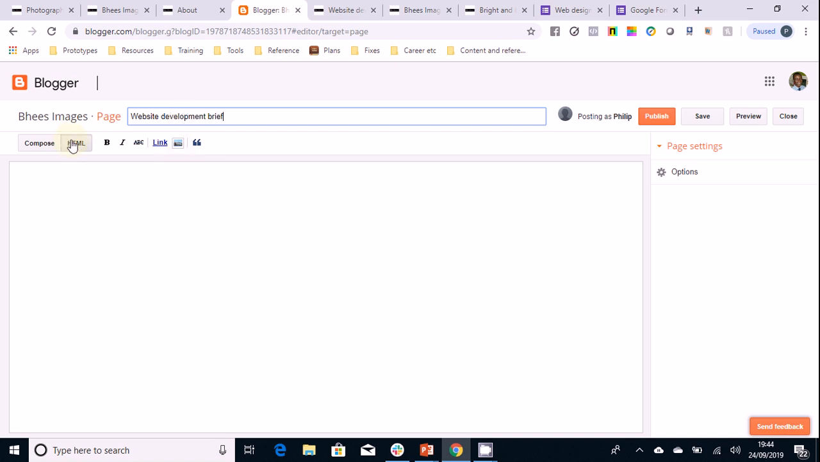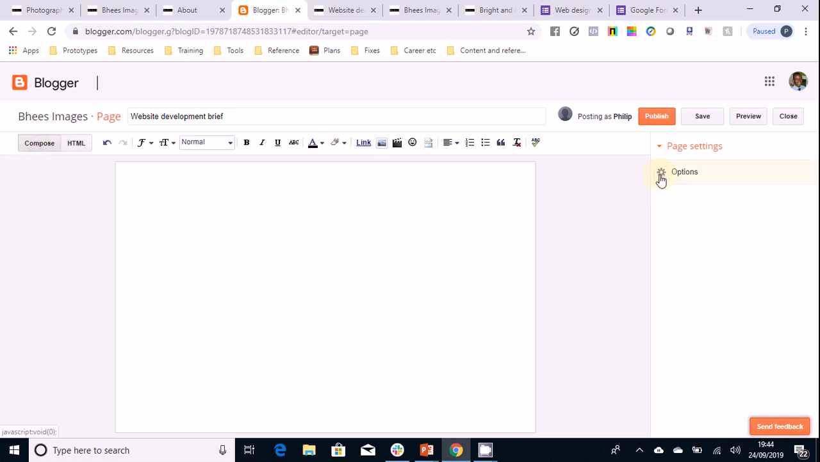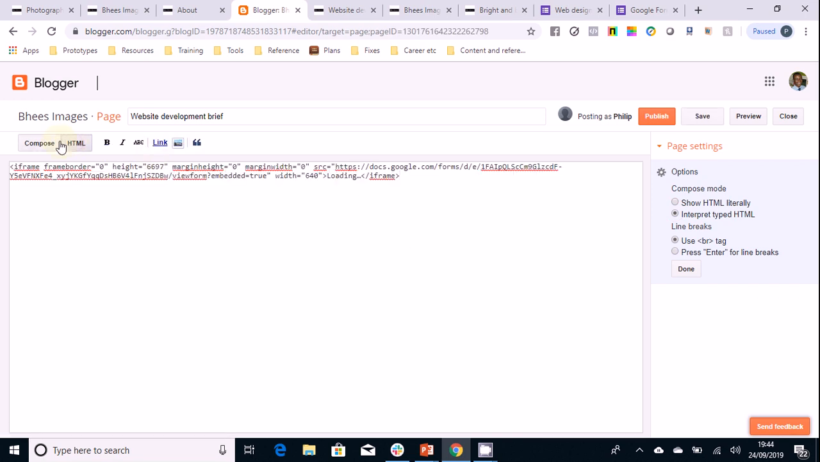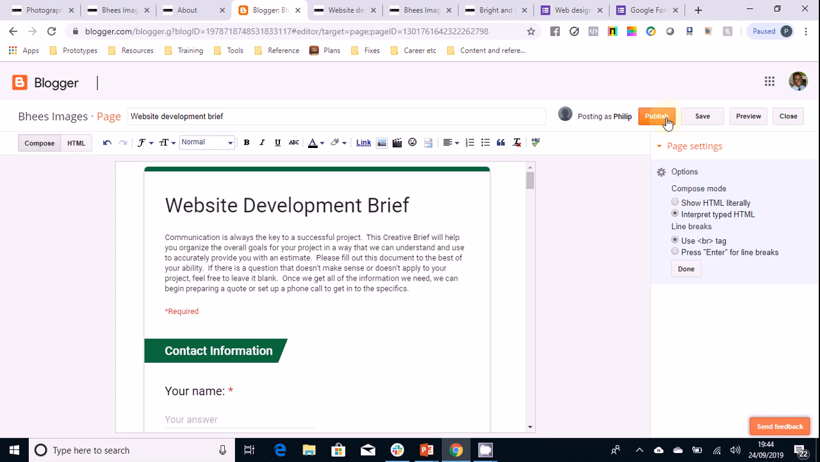And then I come to HTML and I paste it, or I pick compose and make sure that under this place I have interpret typed HTML. But to be safer, you can come to HTML and then paste your HTML code, then come to compose and you see the form, and then you publish. Now,